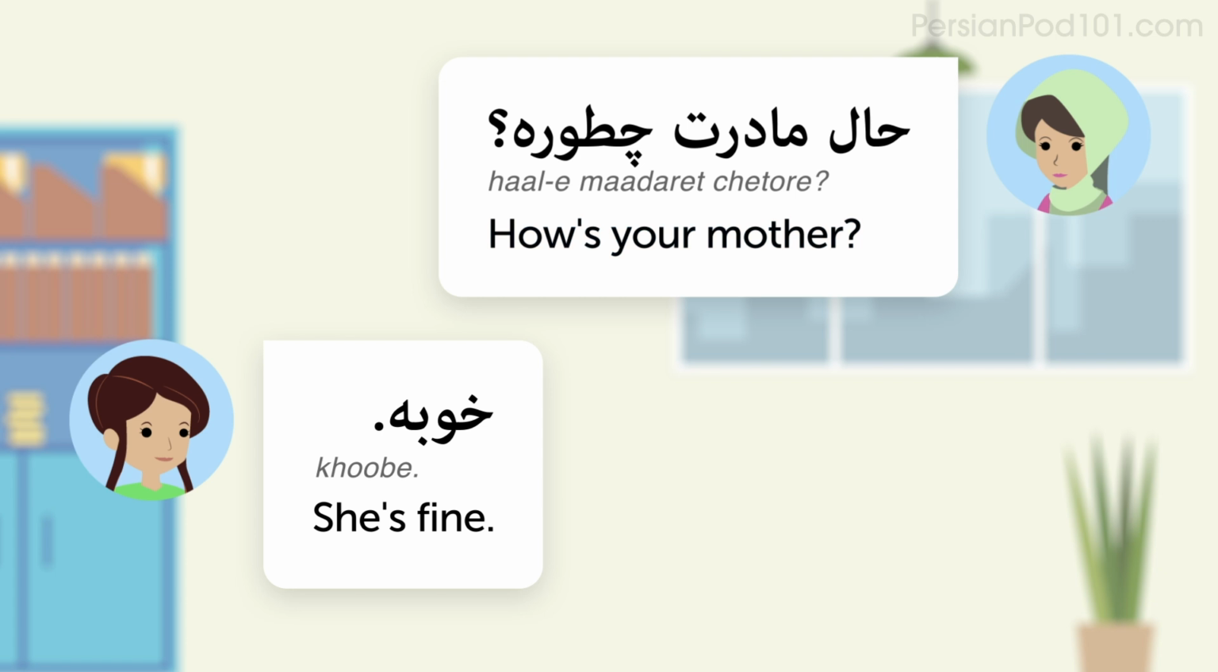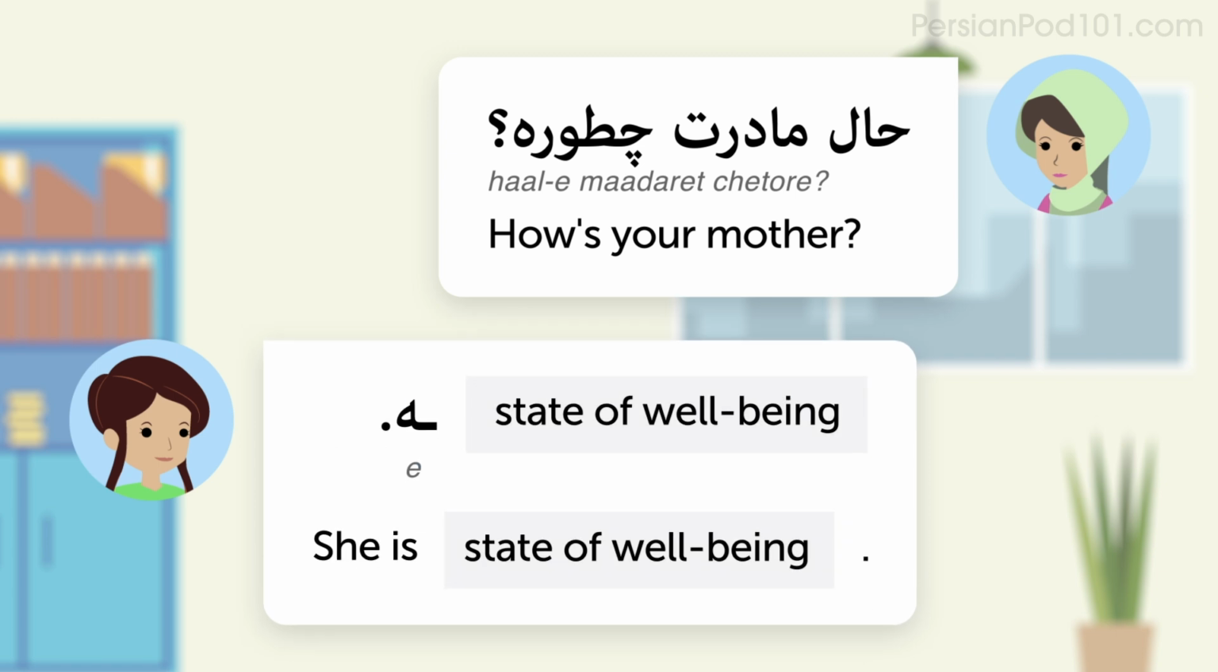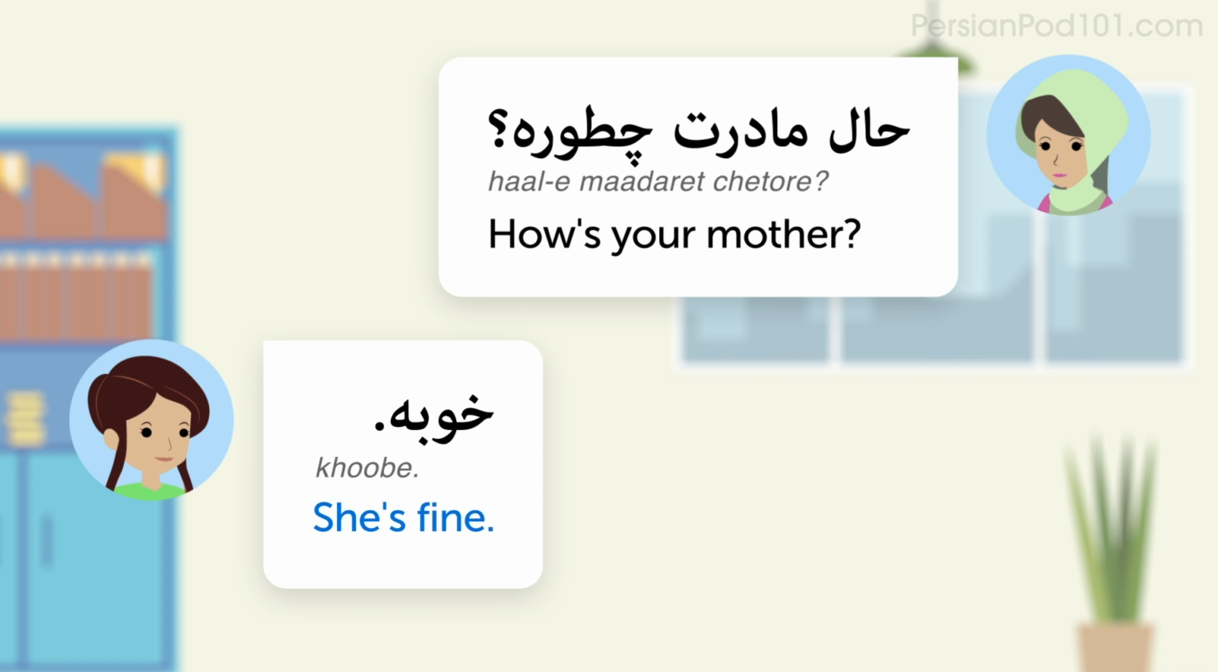Now, how do you answer this question? The pattern is state of well-being. ه This Persian sentence literally means state of well-being is. We omit the article she, but it translates as she is state of well-being in English. For example, she's fine. خوبه